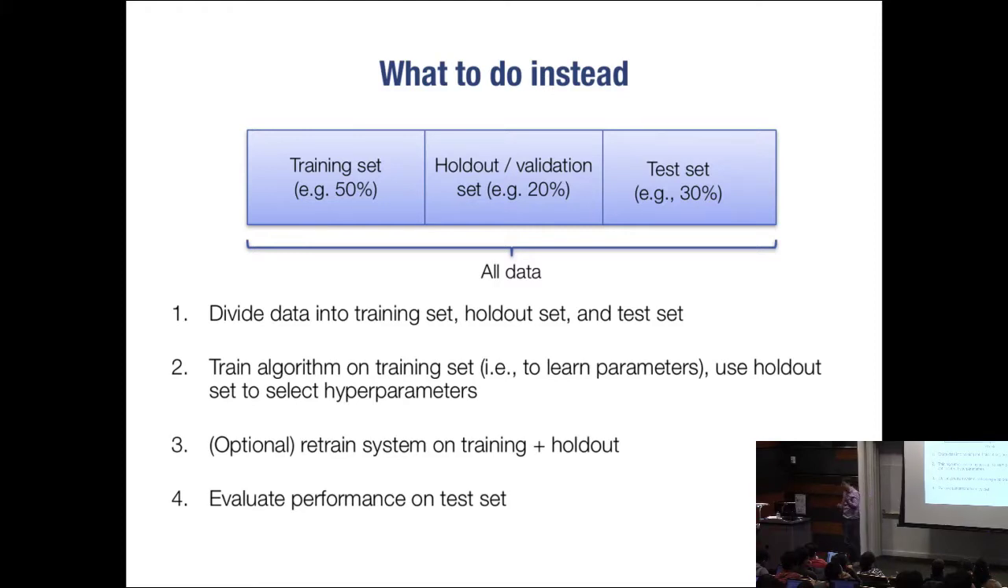Maybe like 50% and 20%, right? All these numbers are approximate here. I train my learning algorithm to learn the parameters on the training set, and I use my holdout set to find hyperparameters. And I do that until I've found what I'm convinced is the best set of hyperparameters for